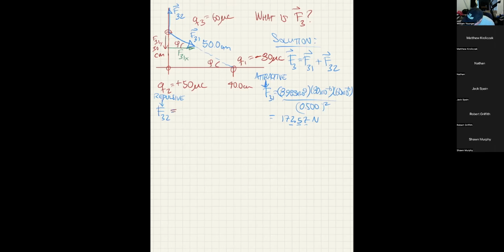And then all of this is divided by 0.30 squared. I should try to separate this so someone doesn't confuse those. Sorry, it got so small there. Go back to this. Now, when I punch it in my calculator, this force F32 turns out to be